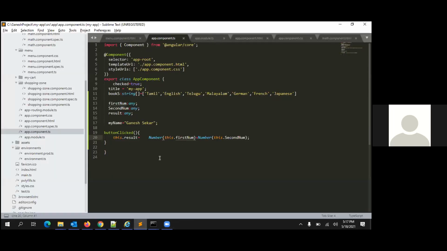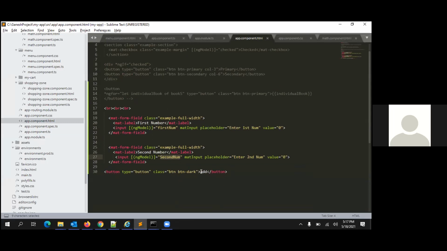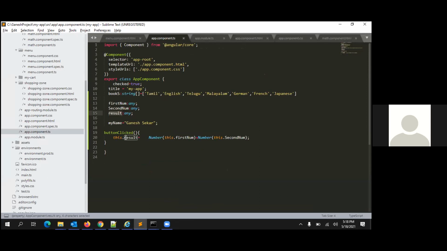Rajesh, we mentioned this result. Result equal. Yeah, result you have to print.